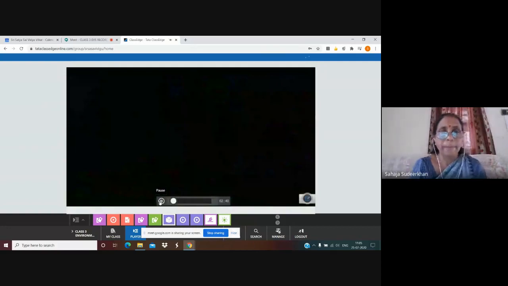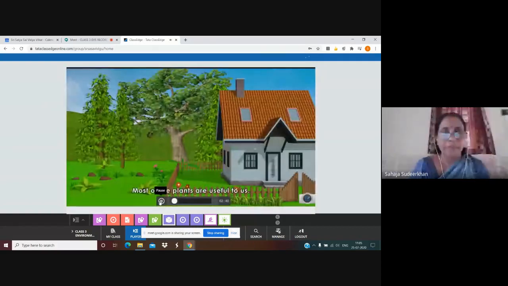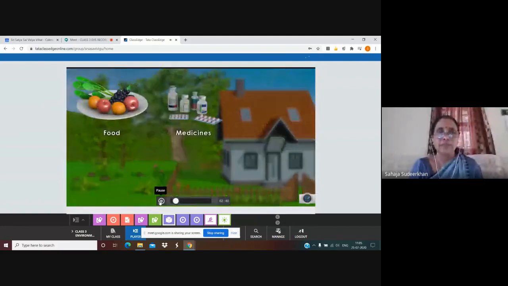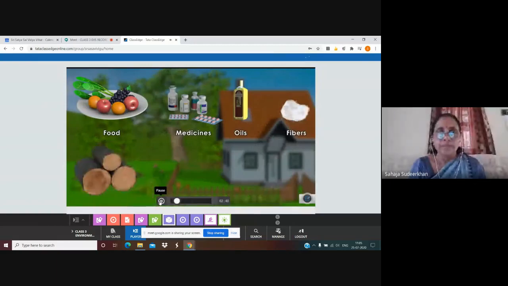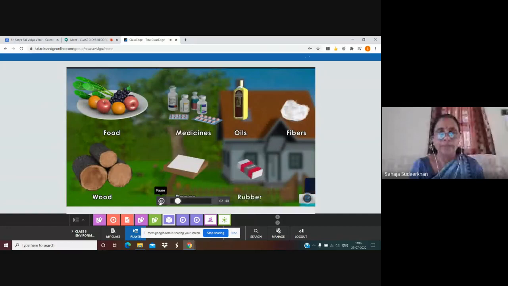We see many plants around us. Most of the plants are useful to us. They give us food, medicines, oils, fibers, wood, paper, rubber, and gum. Let's learn how plants are useful to us.